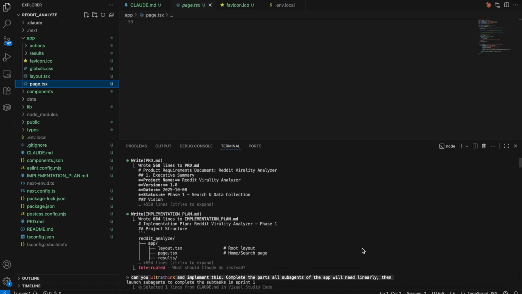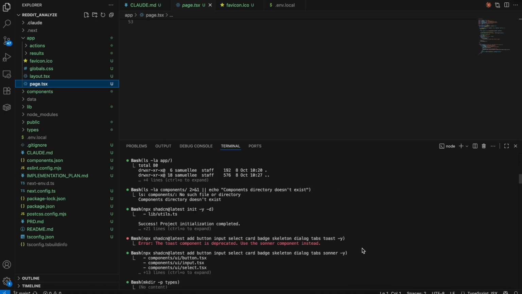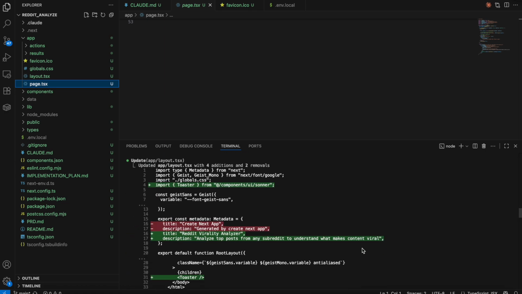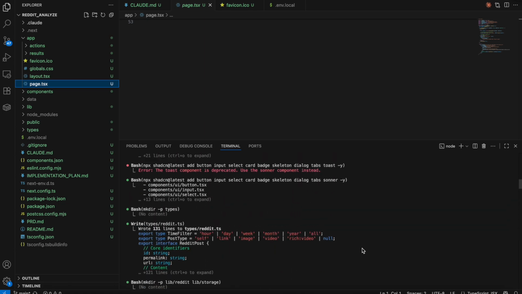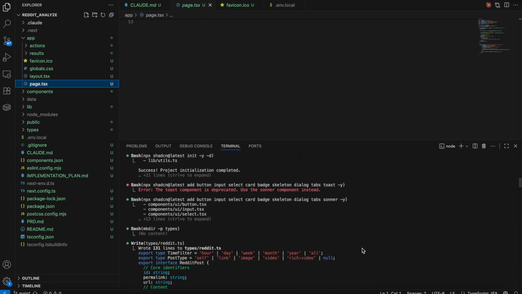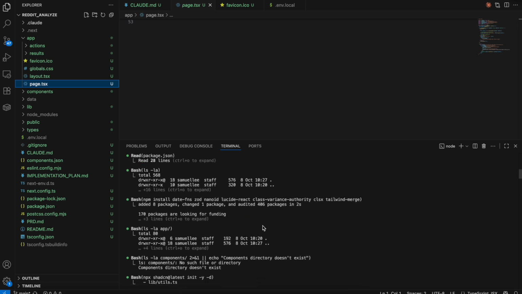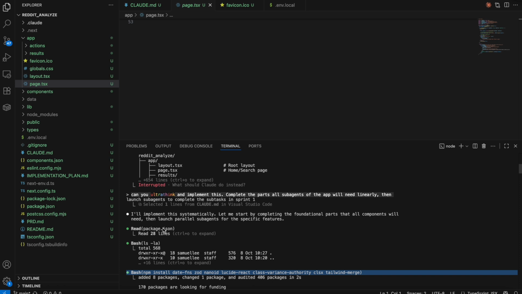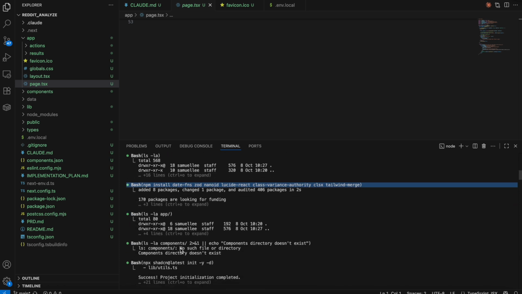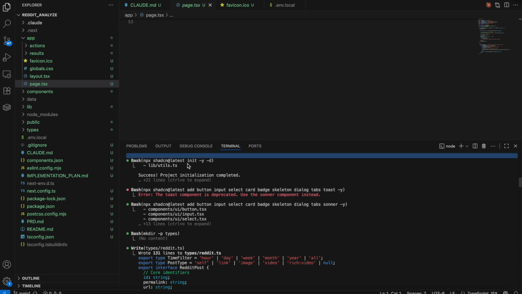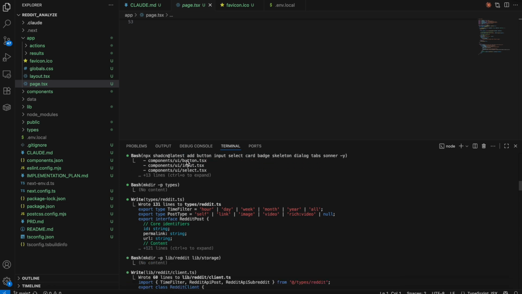I just want to run you through basically what Claude has been doing this whole time. Essentially, first I told it to write the implementation plan, and from there, npm was able to identify that we haven't installed the packages from the package.json and install the relevant packages. You can see it's initializing shadcn.